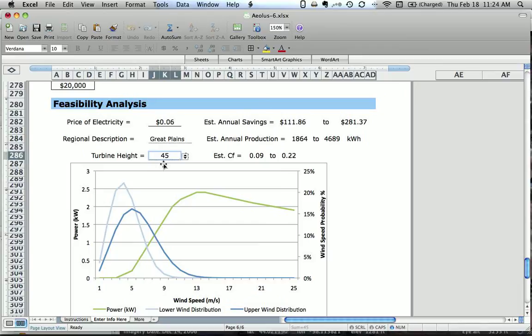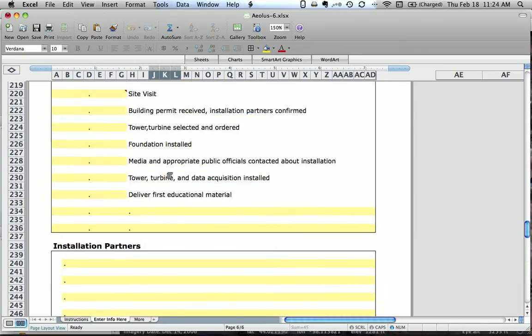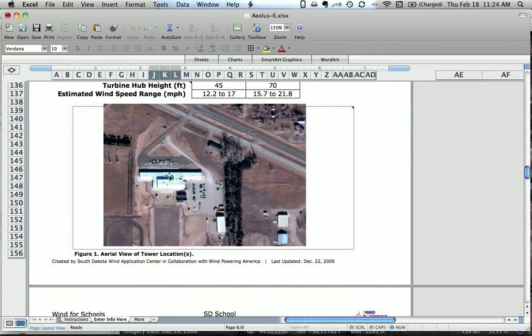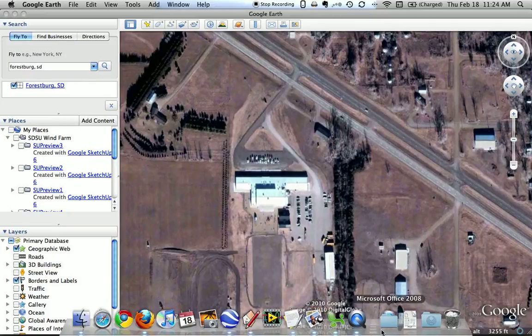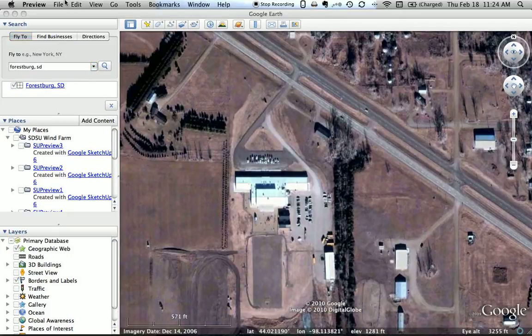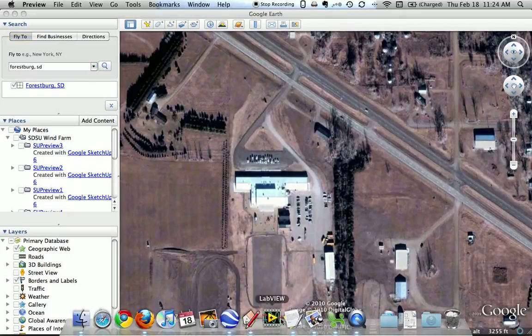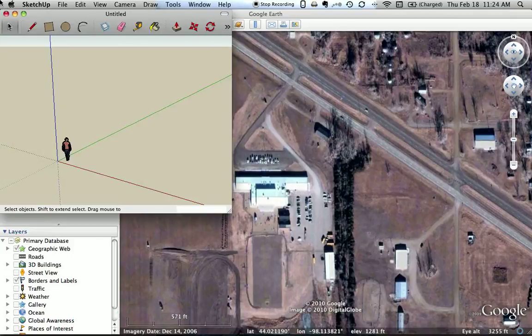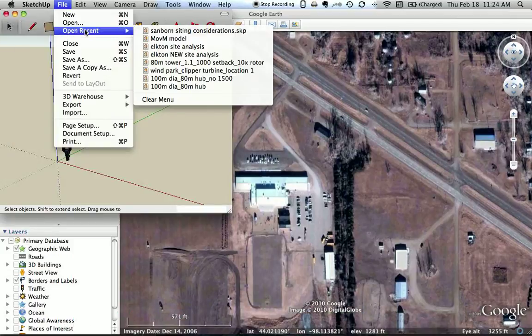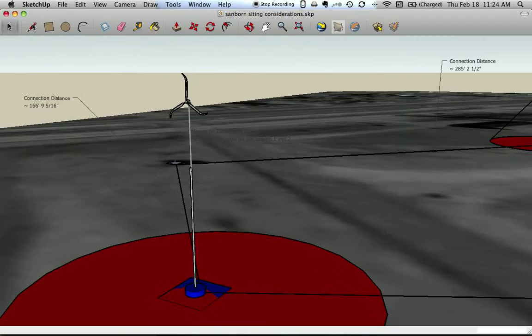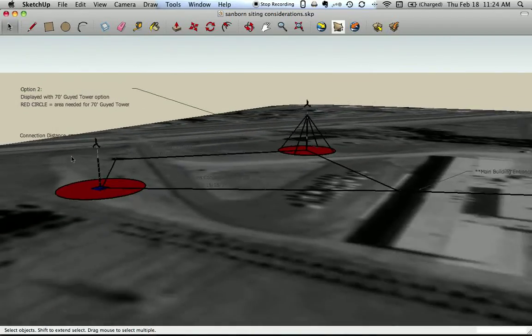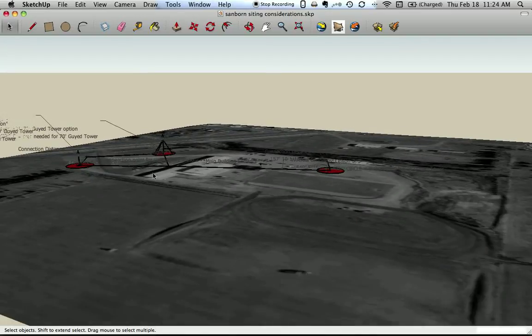One nice feature to do before, along the lines of a site assessment, along with getting the satellite image, is that satellite image can also be pulled into a program called SketchUp. If I pull that program up, I can just show you an example of how we use it in South Dakota. We take a satellite image from Google Earth and